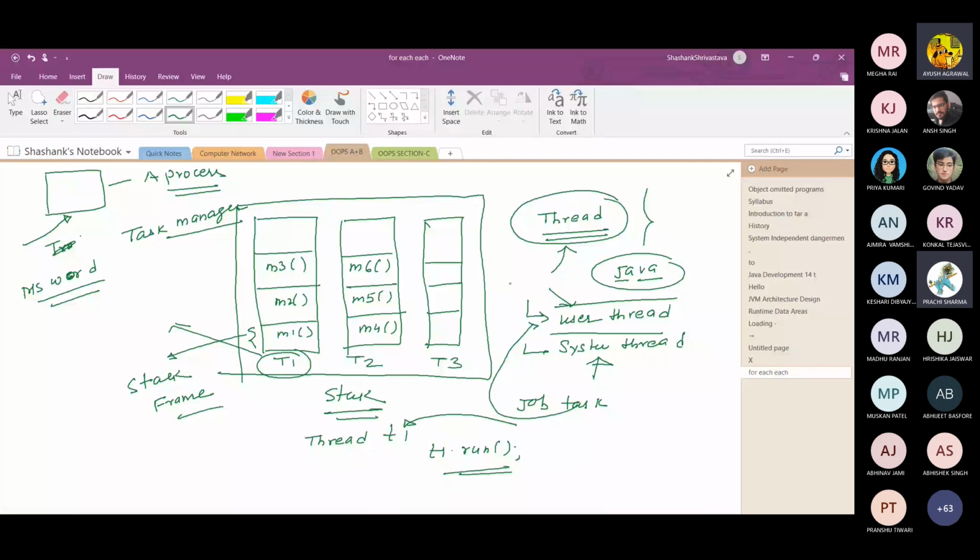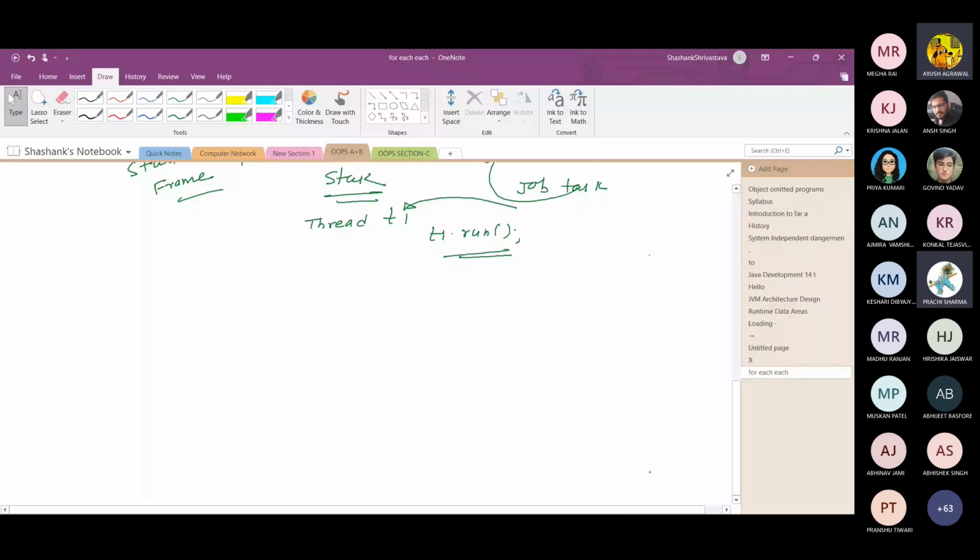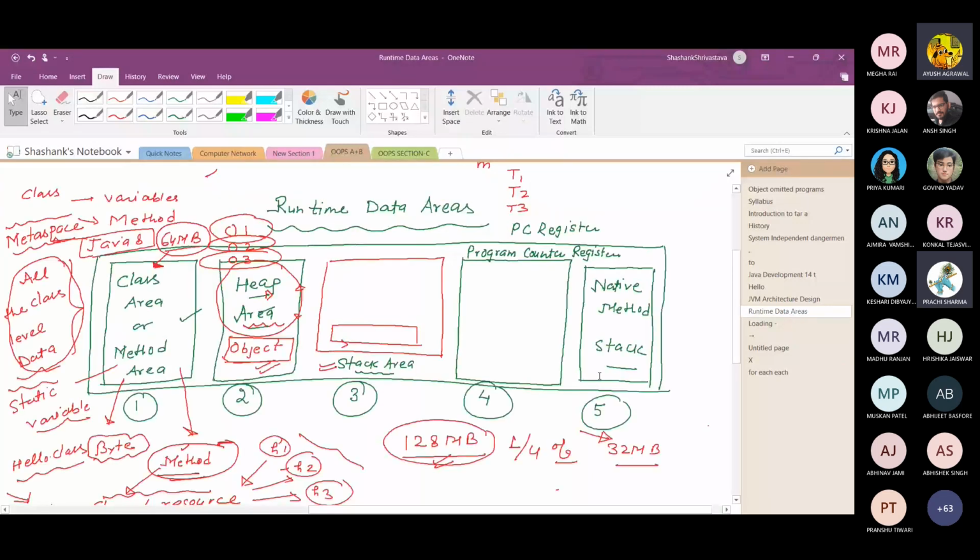So this is stack, and now the next thing is next memory area is program counter register, runtime data areas. So here in the stack area, suppose there are 3 threads are there, so 3 stacks are created, and program counter is also for each thread. Similarly for stack memory areas या stacks are created for each thread. Similarly program counter is also for each thread, because here in each thread there are multiple methods are called. So actually in a single method actually which particular instruction is executed.